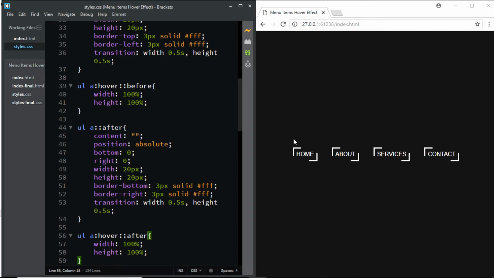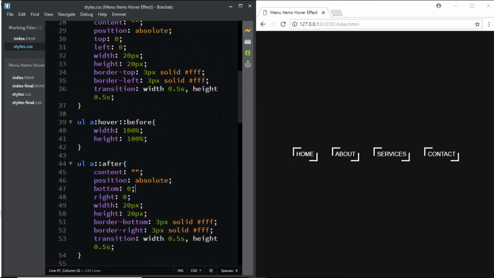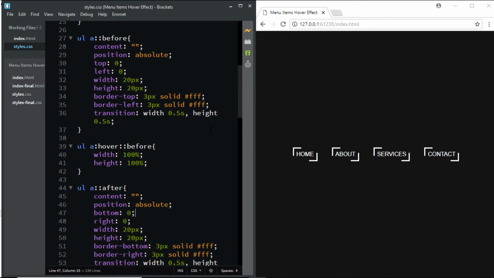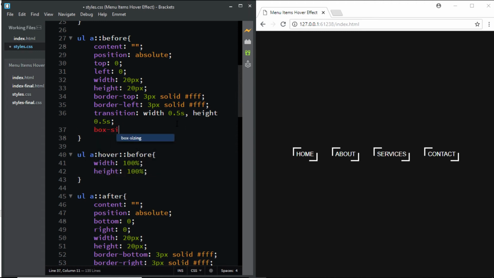Now let's check it, and here we have this, but we are facing some problem. There's this border which is extending. So this is happening because the width of the border is being added to the overall width of the pseudo element. So let's come up here and we'll say box sizing